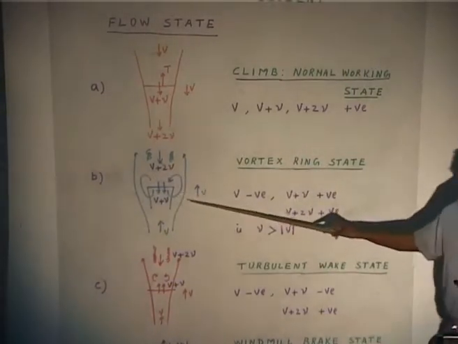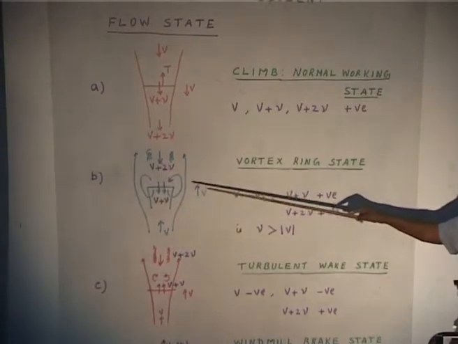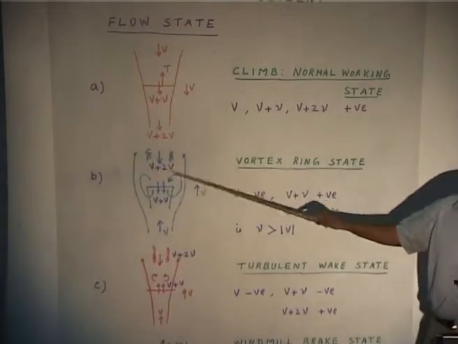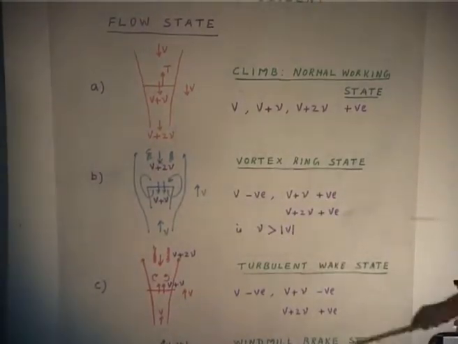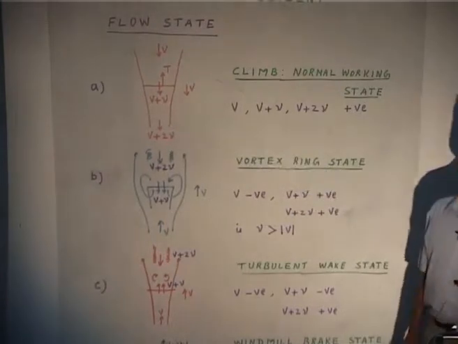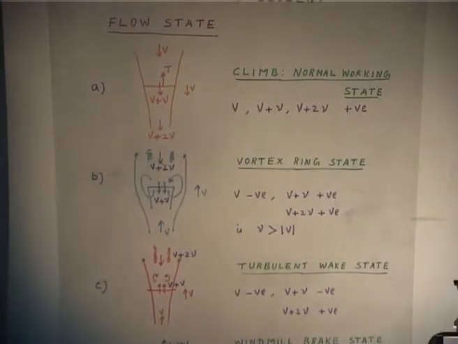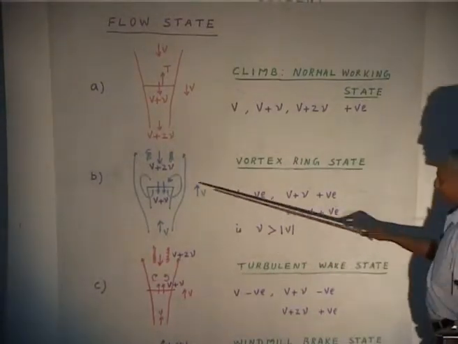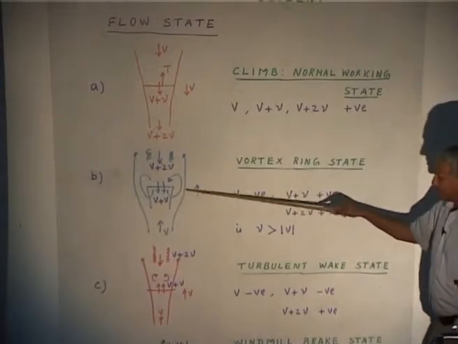And then again I simply blindly use the momentum theory that far field downstream is 2 times what happens at the rotor disc. I will put this also as V plus 2 nu. Please understand, whether it is right or wrong, that is the later part. Now you see what happens is the flow is coming, this is pushing, and it will go around the rotor disc, you will find a big